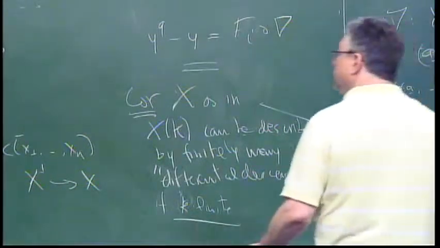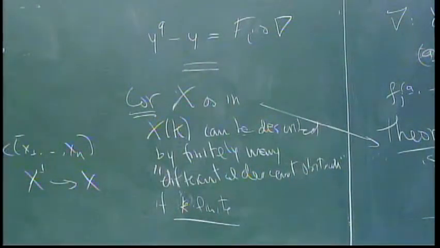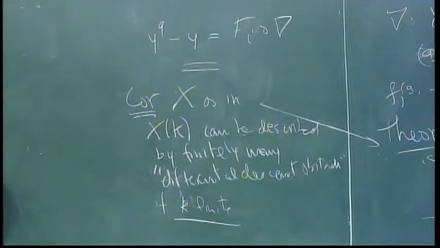Okay, so this is what I wanted to say in characteristic p. I want to also talk a little bit about characteristic 0. Unfortunately, not number fields. I'd love to be able to generalize some of these ideas to number fields, but